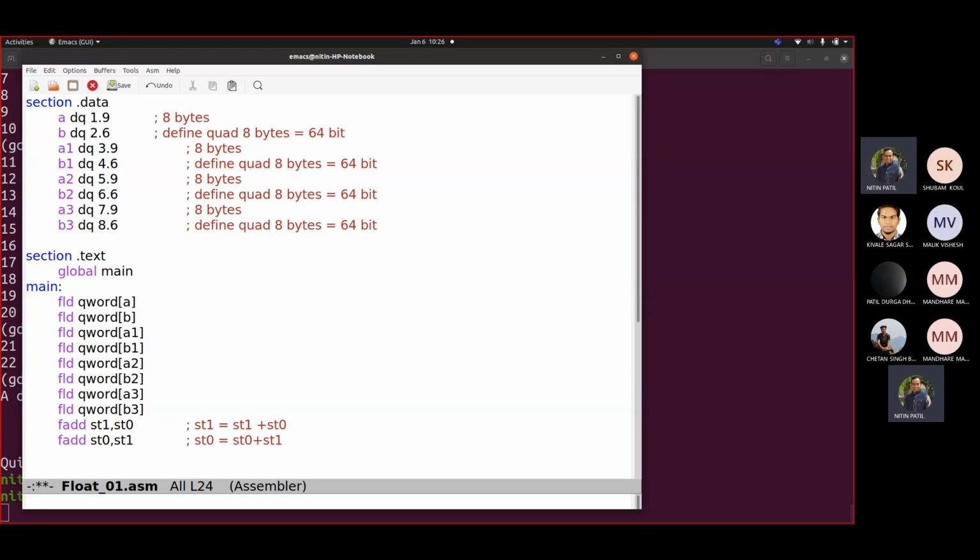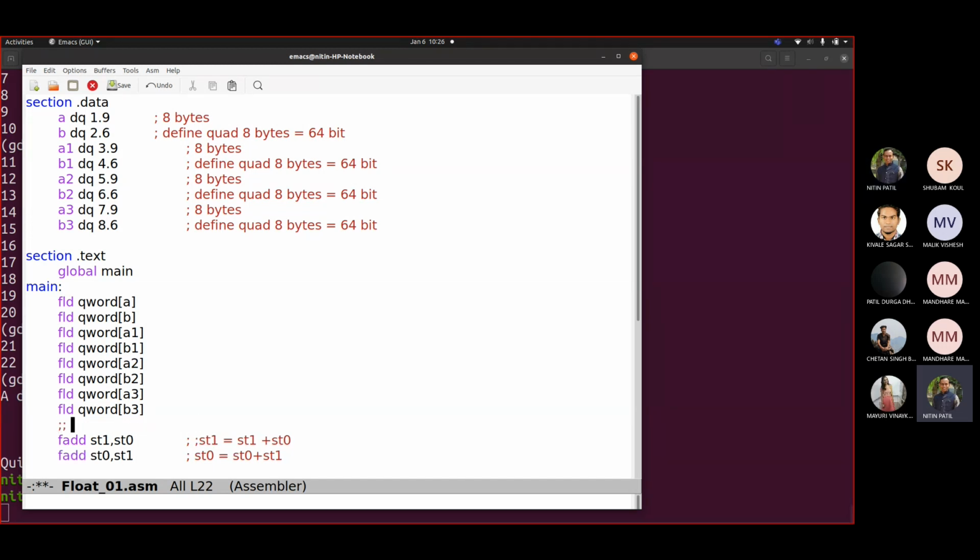Fine. Now, I want this kind of operation to be done with this only, so you write FADDR. Okay, let us see what happens.